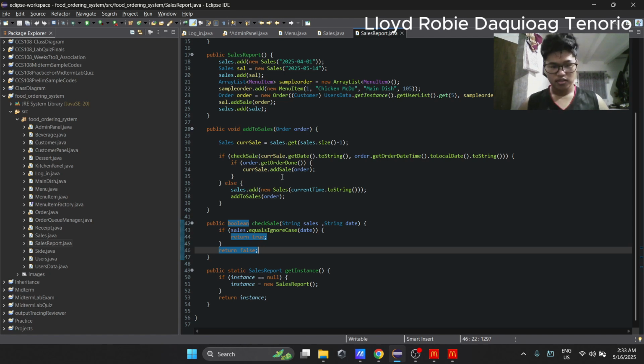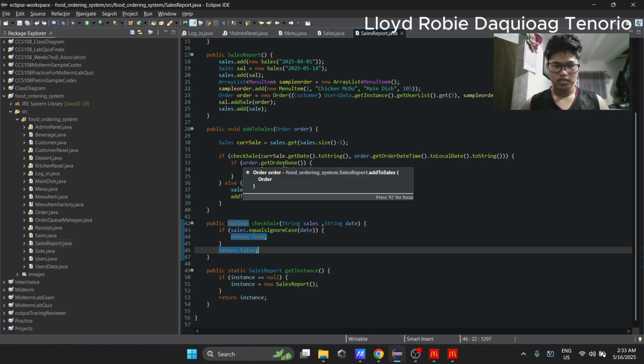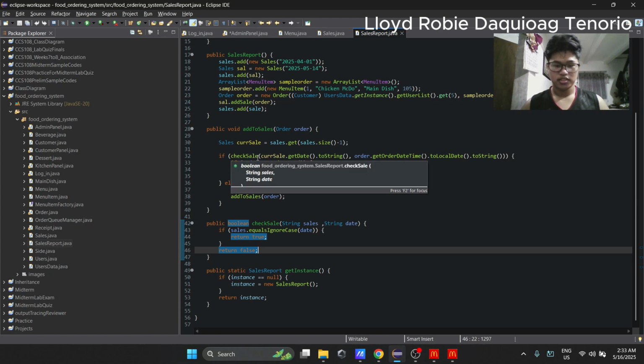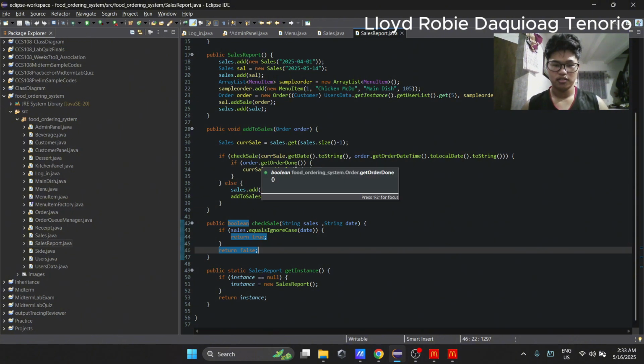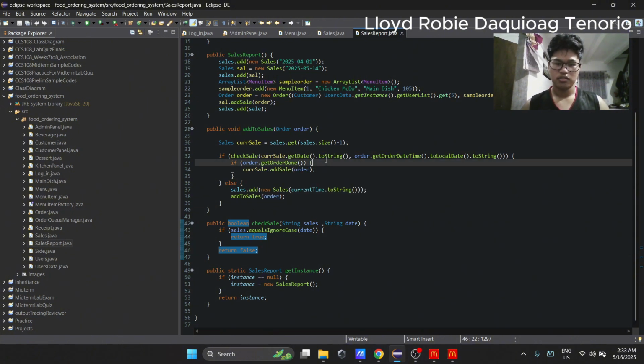So what happens if the checking is true? If the checking is true, there is another checking method, which is order's getOrderDone, in which we will make sure that the order passed has already been made and received by the customer.